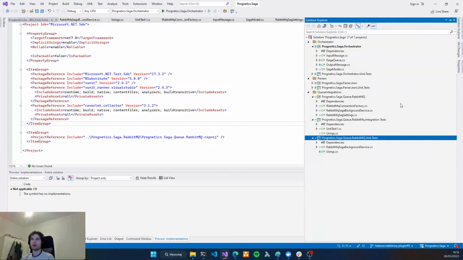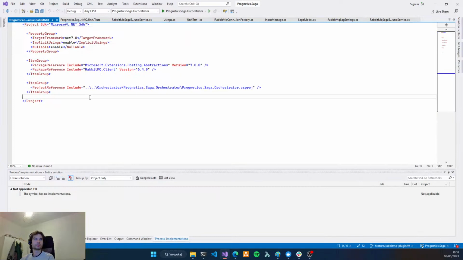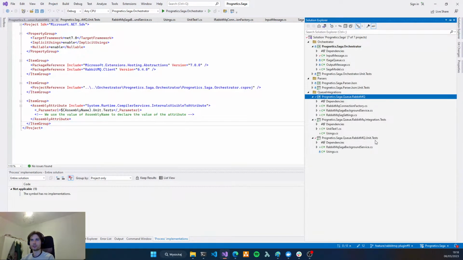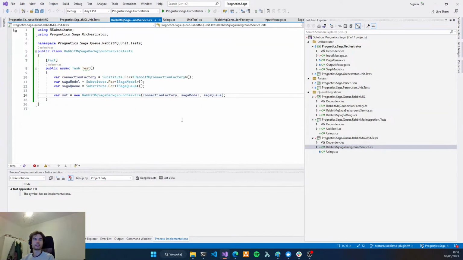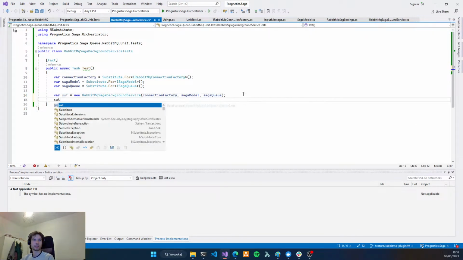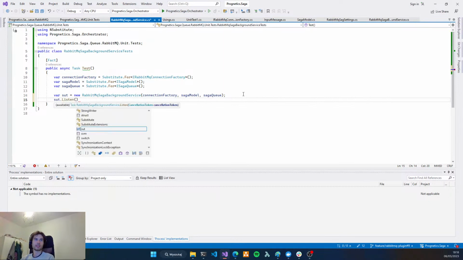Not this, but this. RabbitMQ unit test. Let's see. Yes, now we have our SUT enabled for the internal classes of this project. Yeah, and now we want to listen and we want a cancellation token.